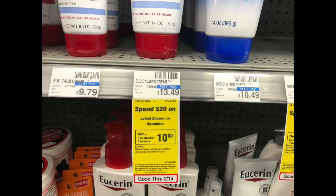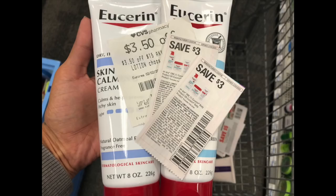Eucerin lotion is on a promotion for spend $20, get a $10 extra buck. So I picked up one of the Skin Calming 8 ounce for $9.79. And I picked up one of the Daily Hydration 8 ounce for $10.79. So the total before coupons for both of them is going to be